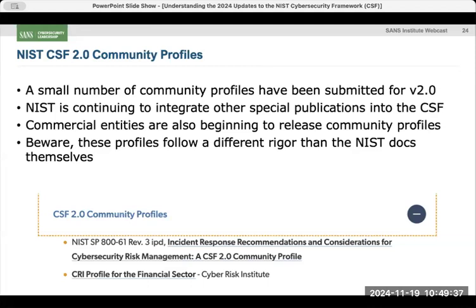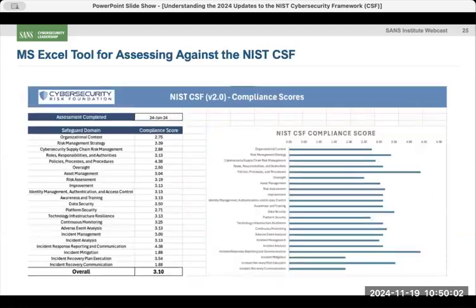But what they tend to do is, whereas a CSF might have, let's say, 100-ish statements, it's just over 100 actually, the CRI profile, for example, would at least double that, going into more depth for each of those. So it's okay, but what it's trying to do is address the gaps that they feel the CSF has. So it's almost like you're reading their interpretation and the things they would add when you're looking at the community profiles. So just keep in mind what that is.